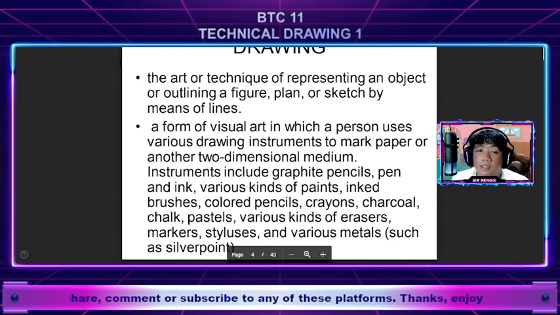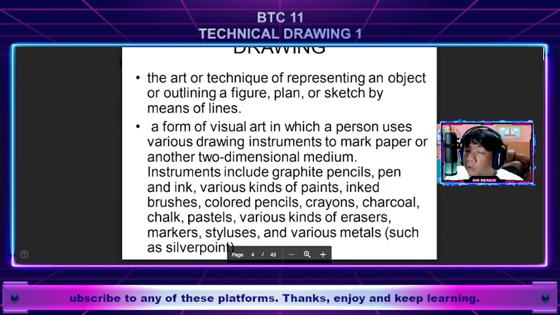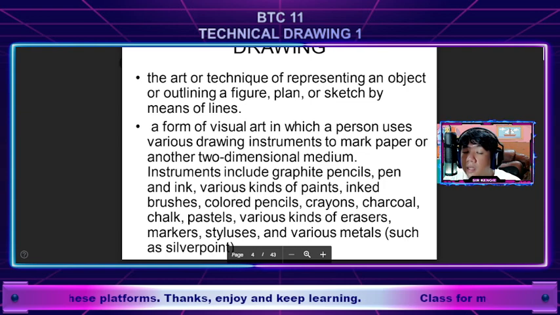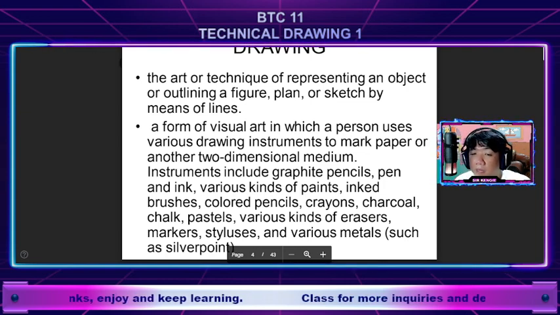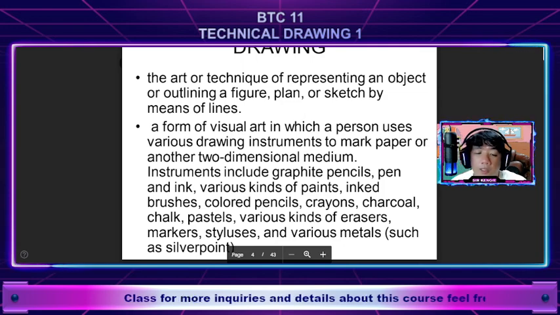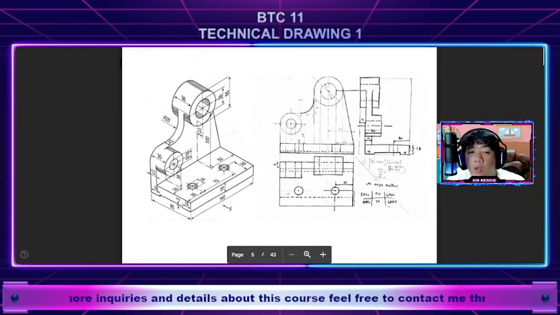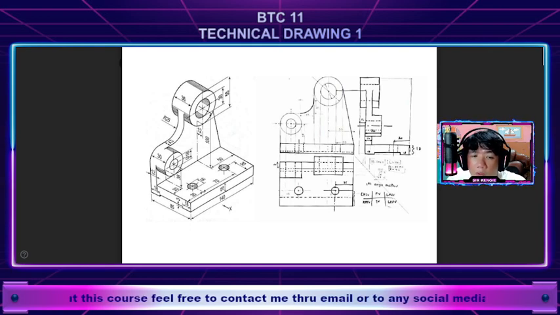Another term is that it is a form of visual art in which a person uses various drawing instruments to mark paper or another two-dimensional medium. These instruments include graphite pencils, pen and ink, various kinds of paints, ink brushes, colored pencils, and so forth. So this is an example of a drawing, okay, wherein it represents the different sizes or shapes